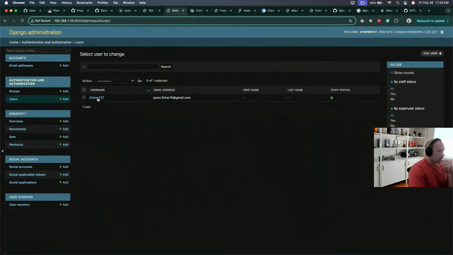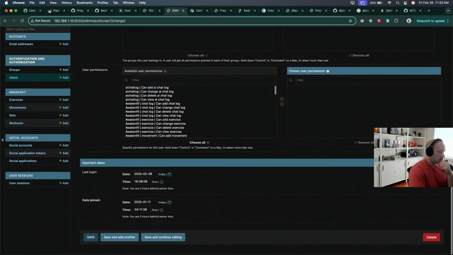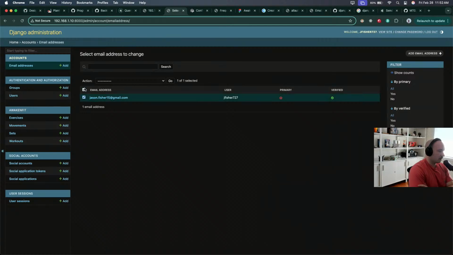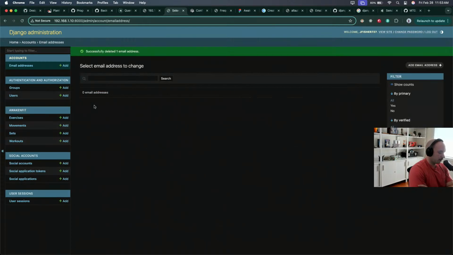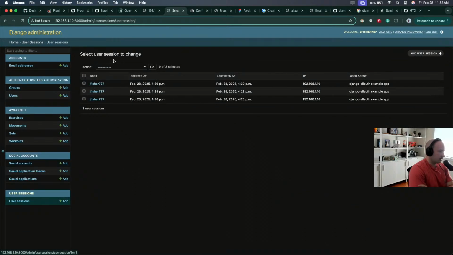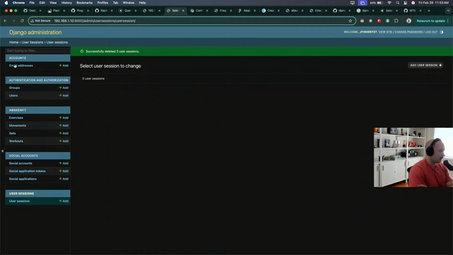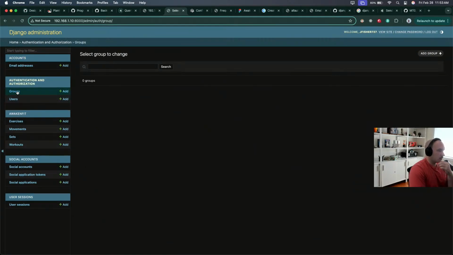Do I want, I think I want to delete this, because I want to test to see, I wonder what's going to happen. Delete. Okay. So I still have my user. Perfect. Is there anything else in here? I have these sessions. Let's clear out these test sessions. Boom. Deleted. Email addresses, users, groups. Okay. So what I want to try to do